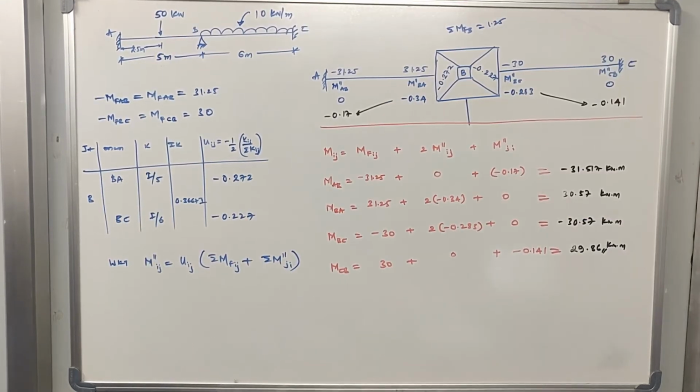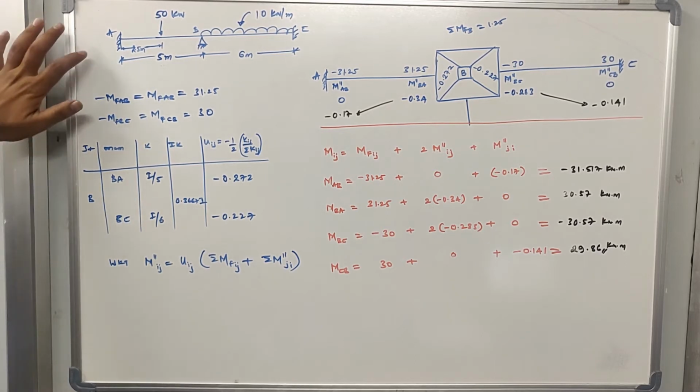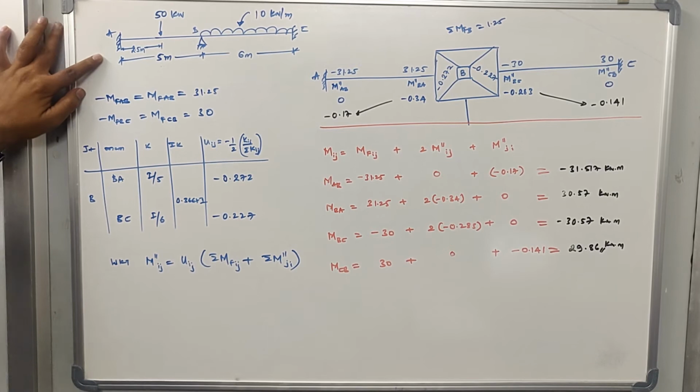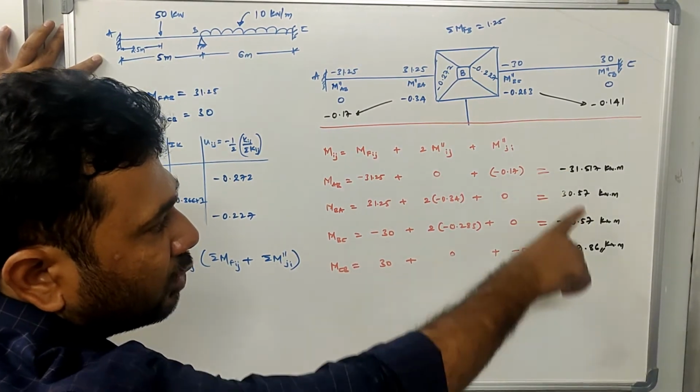So let us quickly solve this problem. You are familiar with this problem because I have solved the same example using the slope deflection equation. You can go back to the 4th video or 5th video which I have sent to you. In that video I had shown you the same example of continuous beam, and we had analyzed this continuous beam, and we also have this end moments which are calculated from the slope deflection.